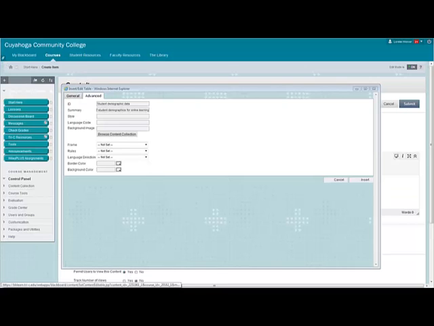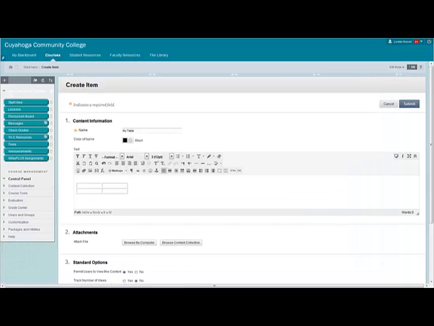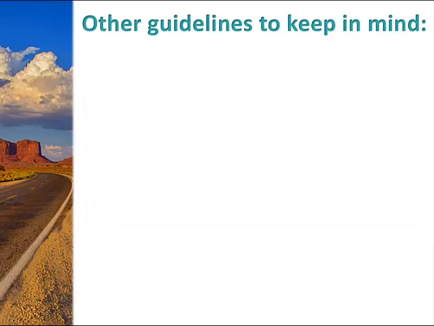Once you have entered all the information on your table, click Insert, and your table will appear in Blackboard. You can then enter the information that you would like contained in the table into the table's columns and rows. Some other general guidelines to keep in mind when building tables in Blackboard are: